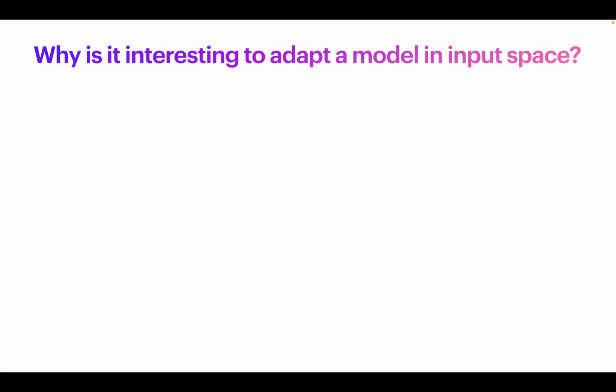We have popular ones like LoRA or efficient methods. Those are wonderful. What is interesting about this? And to me, it's all about the input space. It's editing the model through the input space as opposed to the parameters. It's a whole bunch of new opportunities. And maybe the main one, the most important,